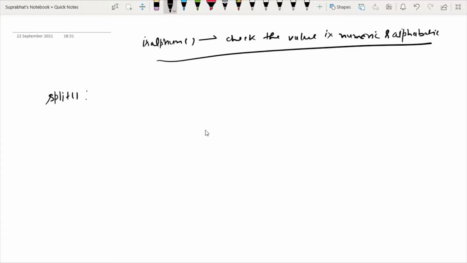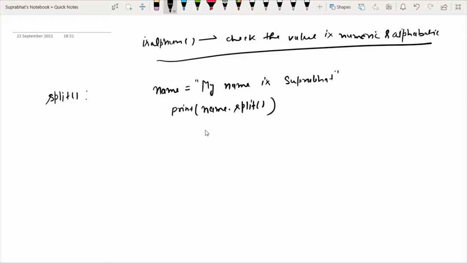For example, suppose I have a string like name, my name is Suprabhat, and I am applying the split function. So I will print name.split.